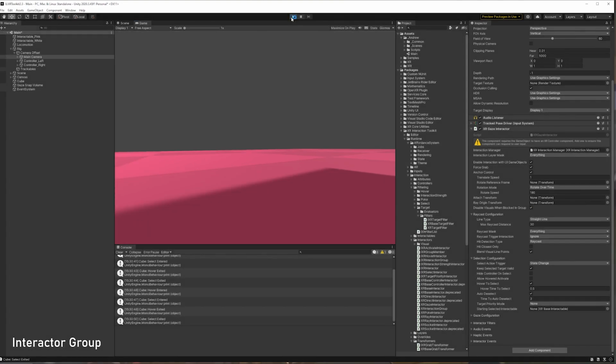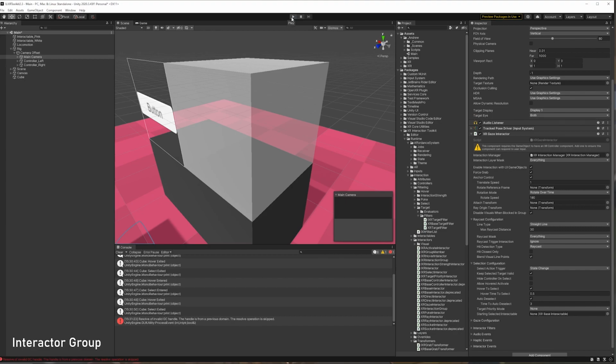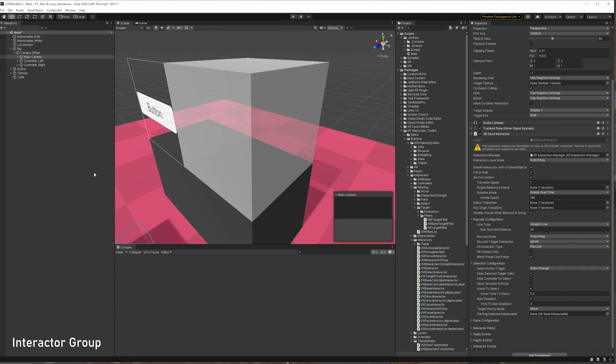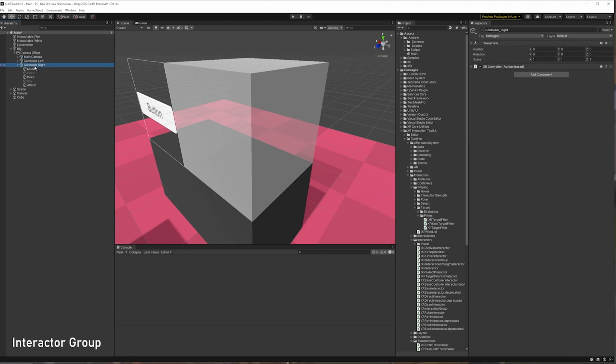So let's stop playing, and now we're going to be looking at our interaction group. Let's clear our console here. And let's select our right controller, and let's add an interaction group. If you remember, like I said, it's going to take the priority of whichever one is highest up in the list. So we won't make it too complicated. We'll just add our direct and our ray interactor here as an example, and we'll also enable them. We'll add our direct interactor first because I want that to have priority,